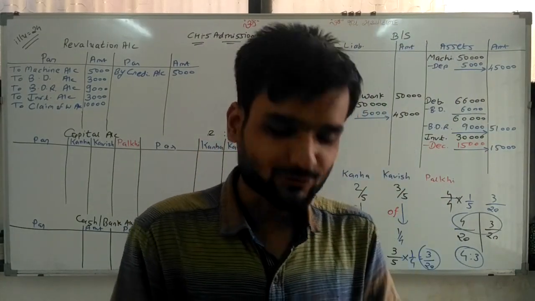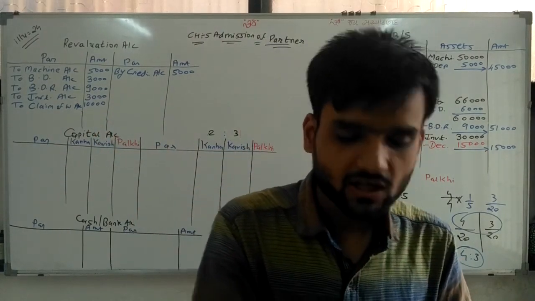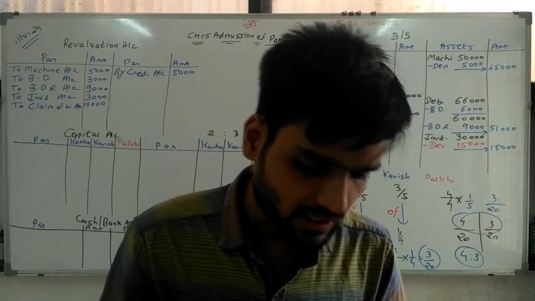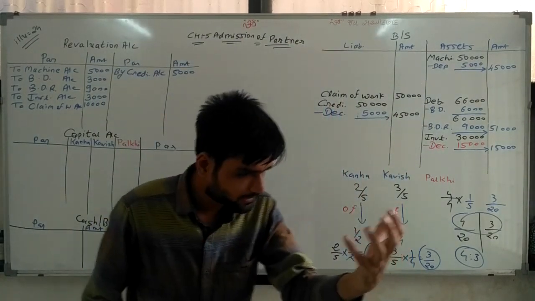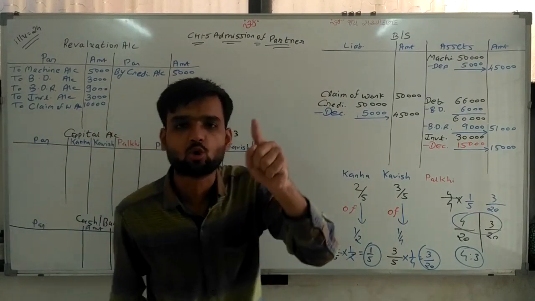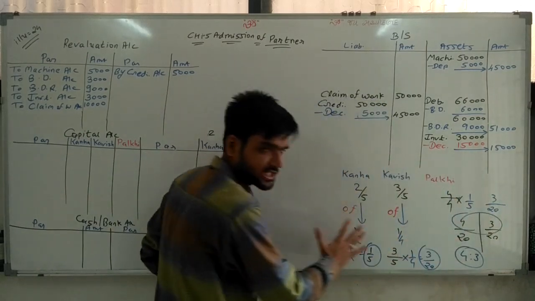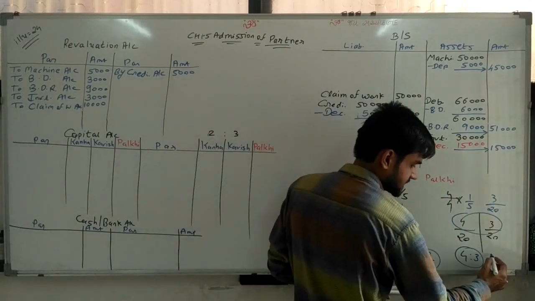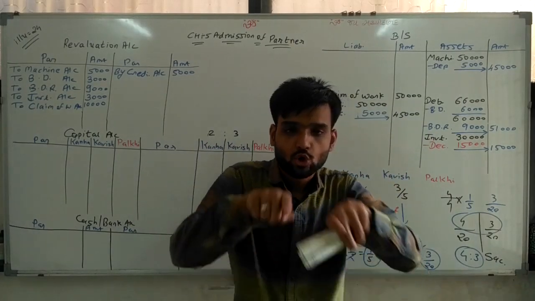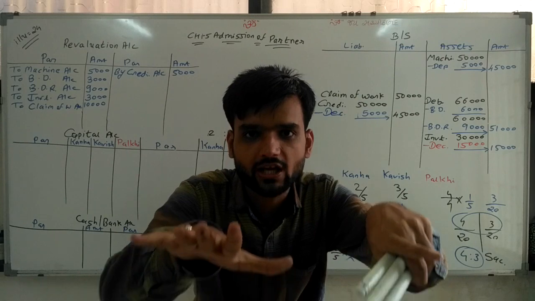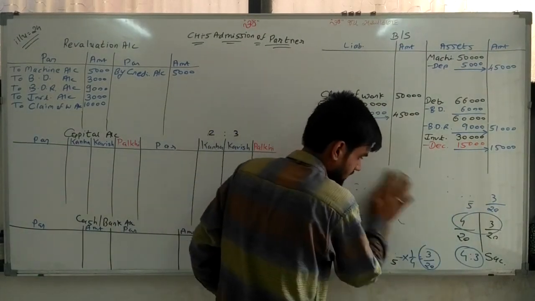Palki will bring... now, sir, an important topic starts. Palki will bring 1,20,000 as capital and her share of goodwill in cash. So Palki will bring both the capital and goodwill amounts. For that, I am clearing this board. The important thing required is the sacrifice ratio. In this sacrifice ratio, the goodwill amount is distributed. Going ahead. Clear board.